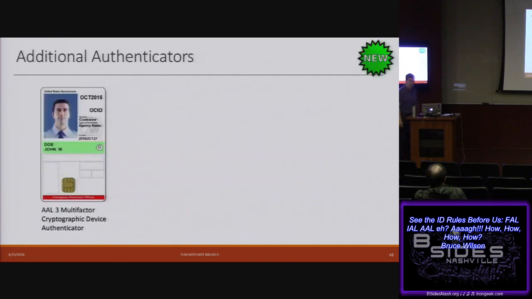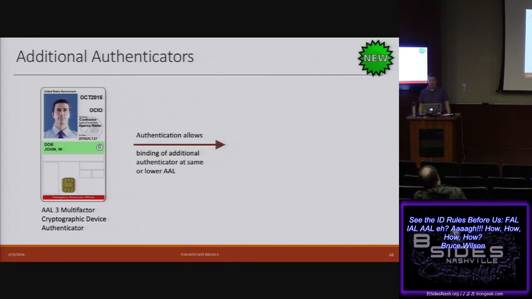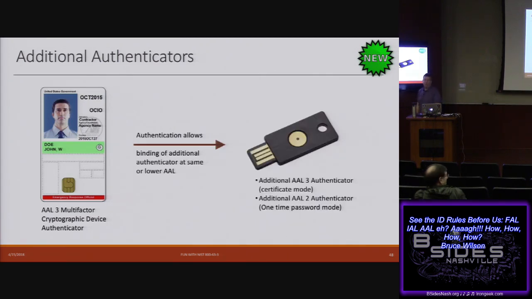The other thing that they've done is they've introduced an interesting concept called an additional authenticator. Previously, the only thing we had was to create this derived credential. And again, I'm going to talk a bit about what's a credential. In Rev 3, I can do something that says, hey, you authenticated with a level 3 authenticator. I'm going to allow you to bind additional authenticators into that device. And so some examples that I've done with this, this is going into your Google account, for example, and registering a new second factor device.